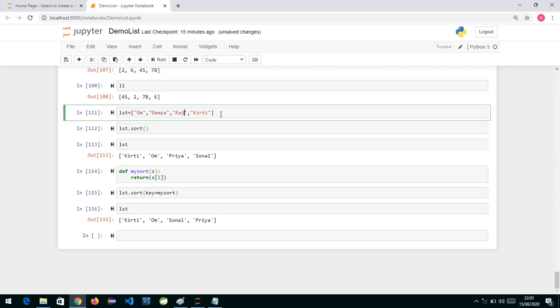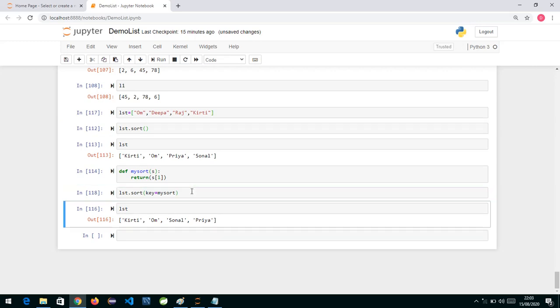Now if I am sorting according to the second character, Raj should come first. So this is my list, let's run it and see whether Raj is first. You can see Raj, the second character is A, so this name has come first. It has done sorting according to the second character. Then Deepa's E, then Kirti's I, and then Om.